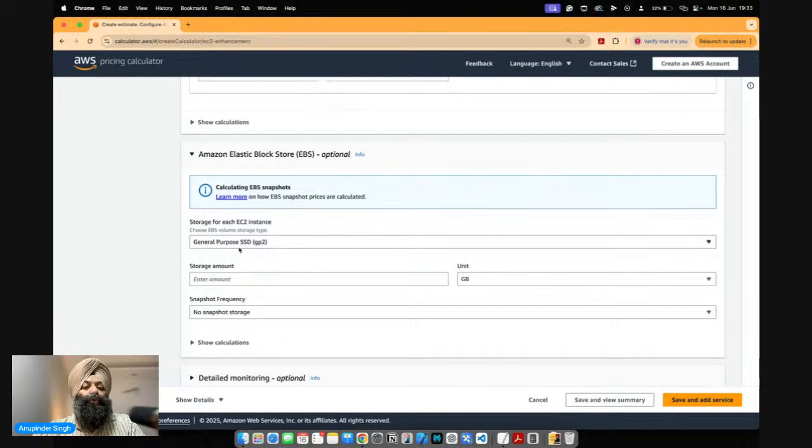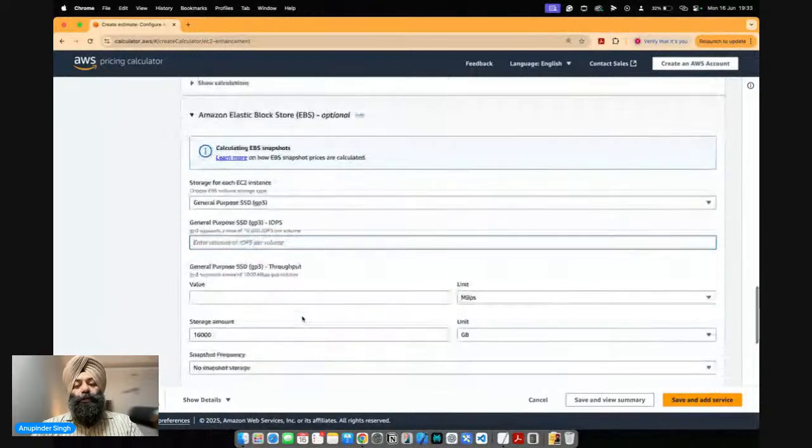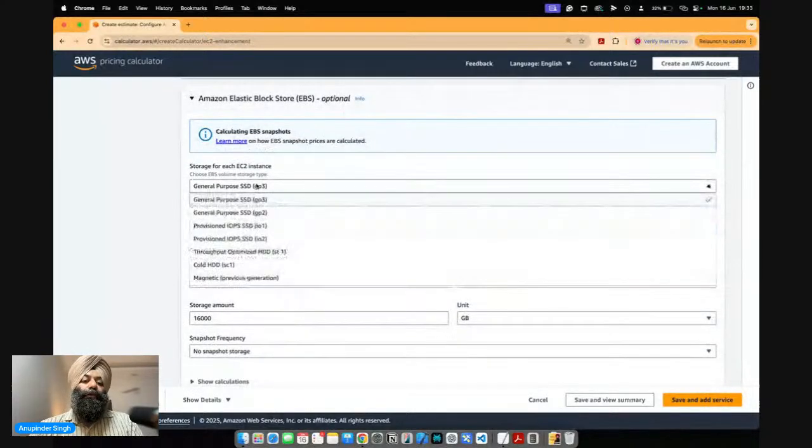Whereas if I choose some other set of SSD, then you can see 16,000 IOPS. I would not say IOPS; it's storage basically. So the unit is going to be in GB, and it's going to cost you in terms of USD. So the more you use, we always say that AWS works on a pay-as-you-go model. So whatever the type of things that you are going to use, the corresponding money is going to be charged to you. So you need to keep this in mind.